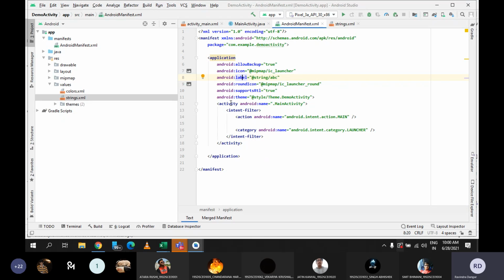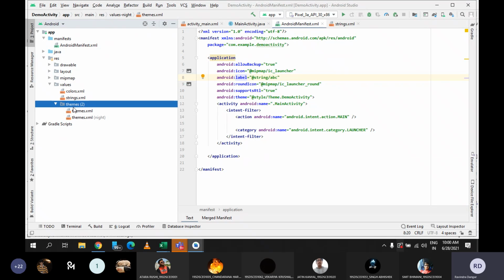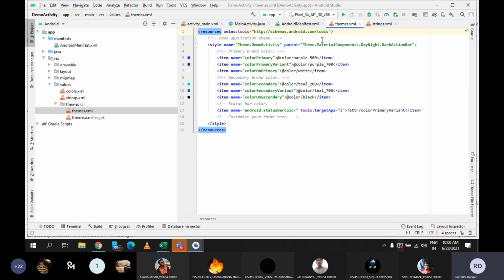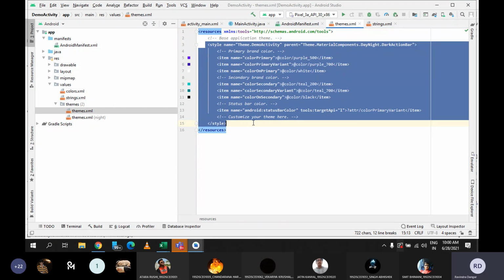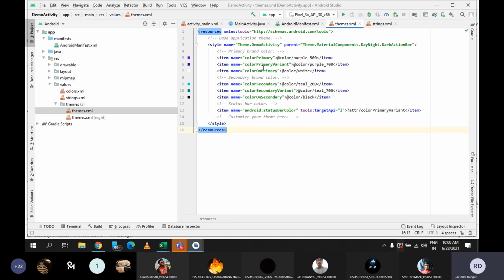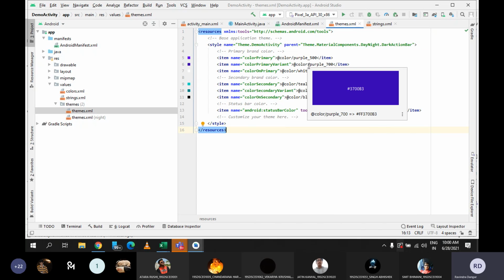And similarly, in your application, whatever theme you want to follow, that you can write here. See, again, there will be one folder which is style. You can see here in themes, the name is theme.xml. So by default, there is only one theme, there is only one style, and this style is having different colors. तो अभी आप कोई एप्लीकेशन लॉन्च करते हो तो उस पर आपको जो टाइटल बार है उसका कलर कोई डिफरेंट दिखता है, वो जो एप्लीकेशन का होम पेज है उसके बैकग्राउंड में कोई डिफरेंट कलर होगा. So that can be considered as a theme.